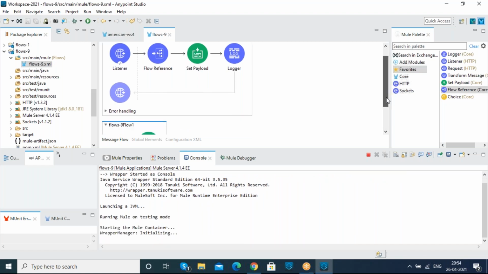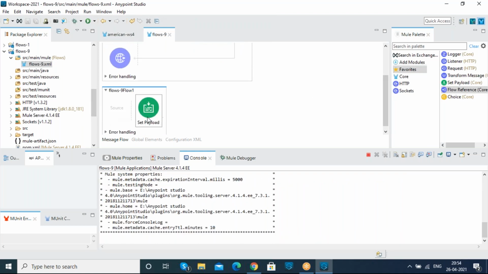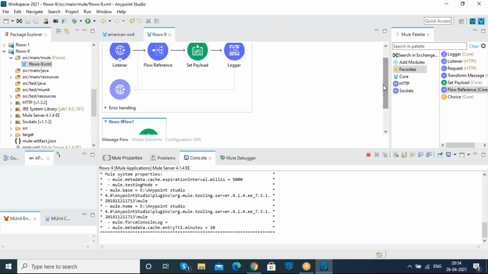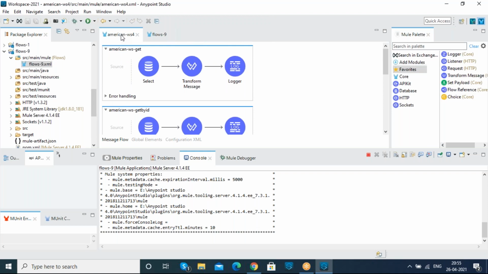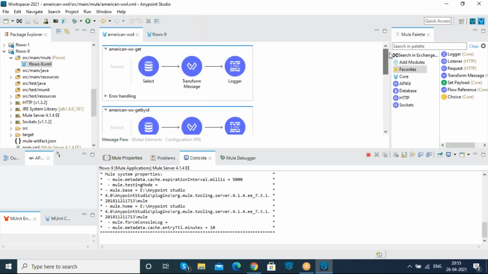So what is the difference between the main flow and private flow? If you are using both the source message and message processor, then we call it a main flow. If we are not using the source message and are only using the message processor, then we call it a private flow. Previously also we had used private flows. Do you remember, guys, the American project, where at the starting point we had developed 5 APIs? After importing the project from the Anypoint platform to Studio, since we are able to call by using only one single endpoint, we had deleted all the HTTP listener connectors from the source message.